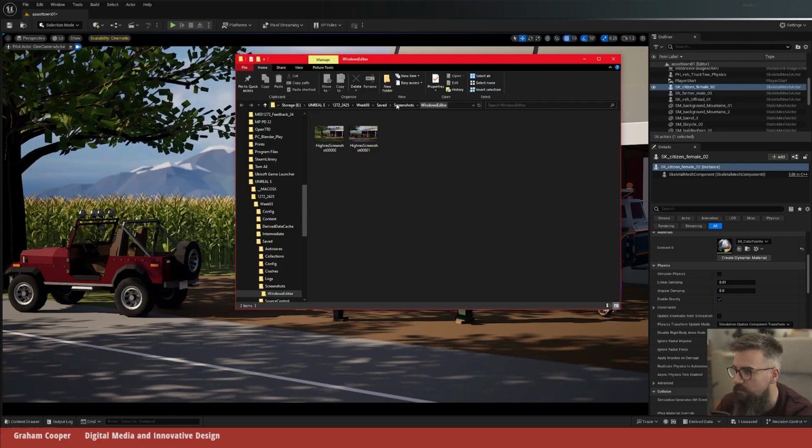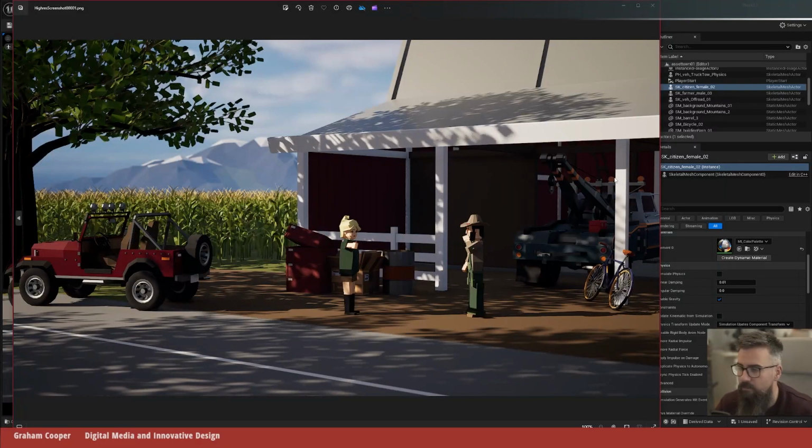It might be slightly different on a Mac, but then we've got the screenshot, and there is that image of the scene that I've made, saved as a PNG file,